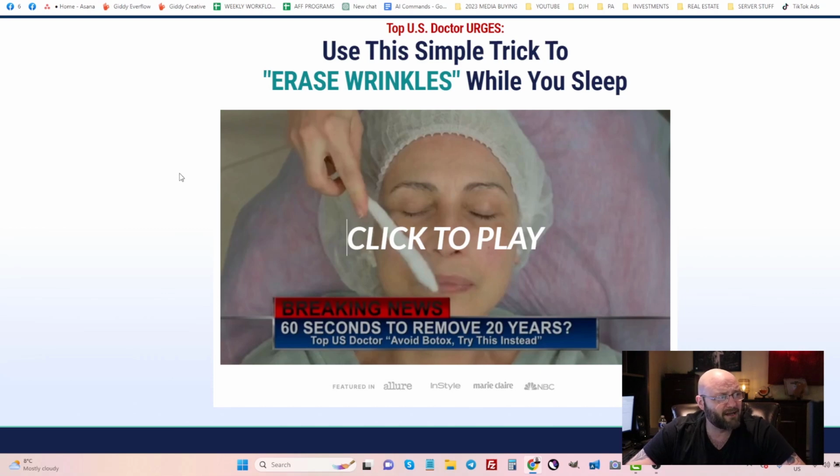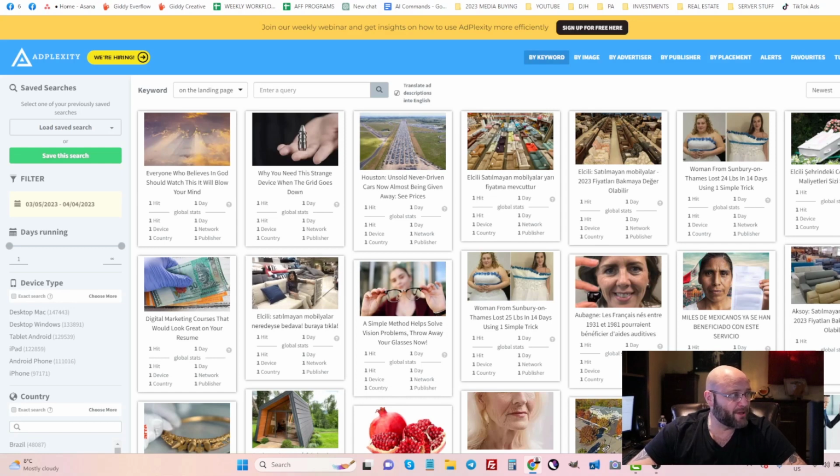Now, once your landing page is set up, the next step will be to come up with some ideas for ads and also discover where people are running these types of offers. So if you use a tool like Adplexity, for example, this is a spy tool. You can go to